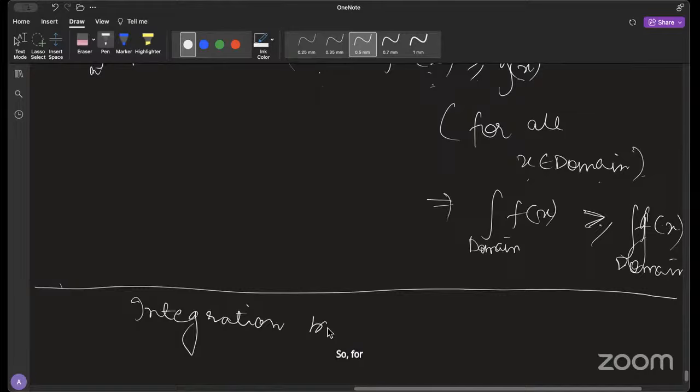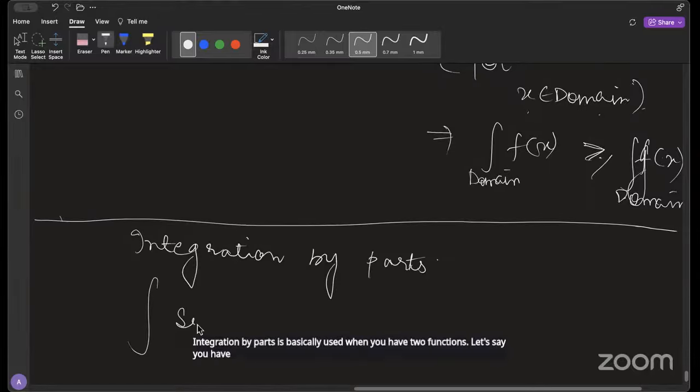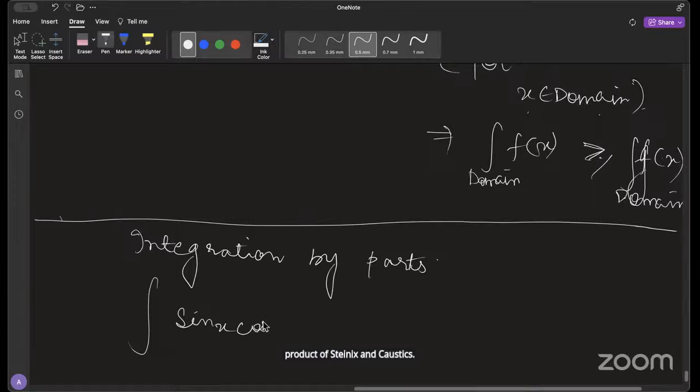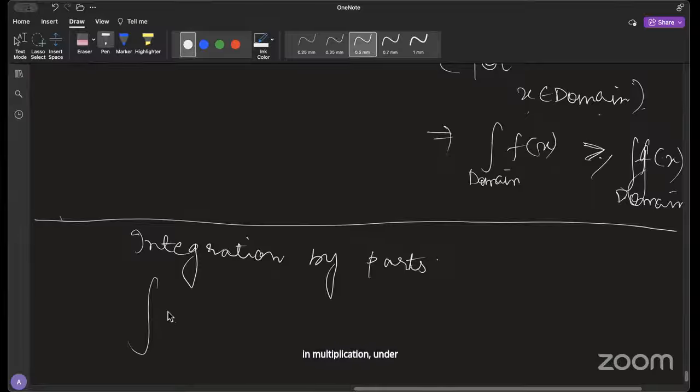So integration by parts is basically used when you have two functions. Let's say you have the product of sin x and cos x. There are other ways to do this. Someone who's done integration would know this, but you can also do it by integration by parts. If you have two functions in multiplication under integration, let's say you have ux multiplied with vx, then this is the same as